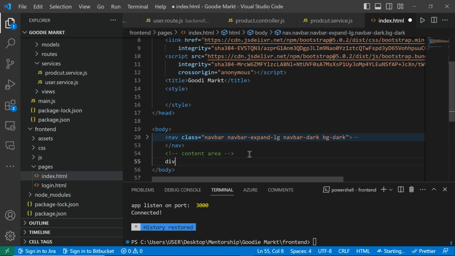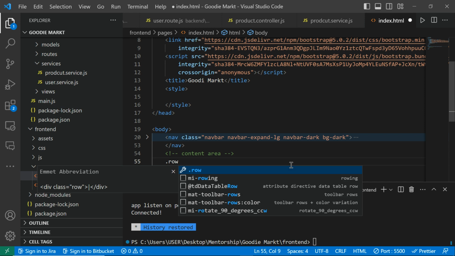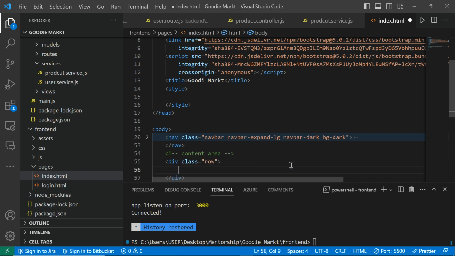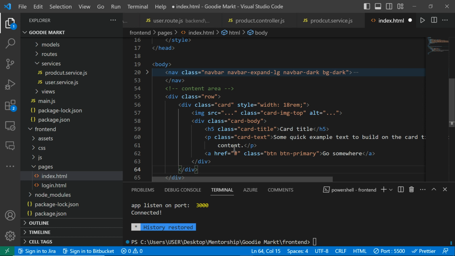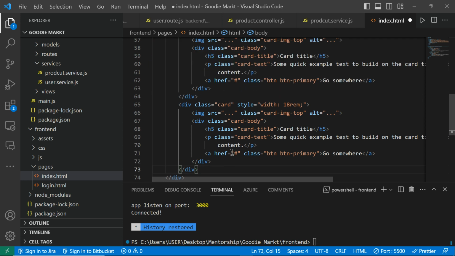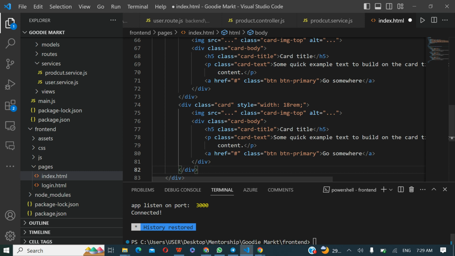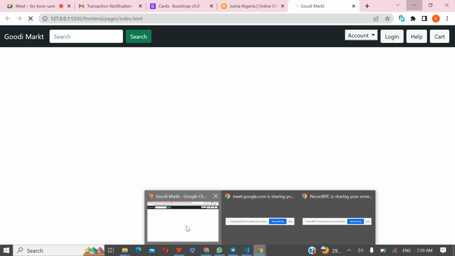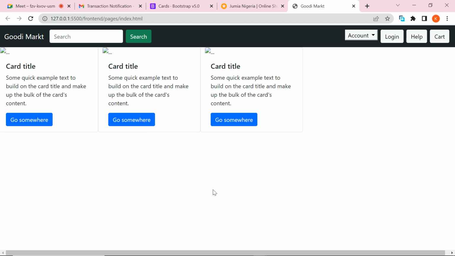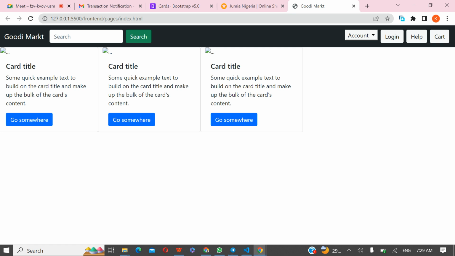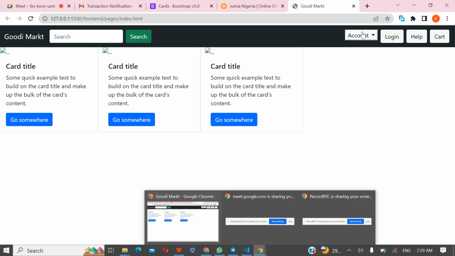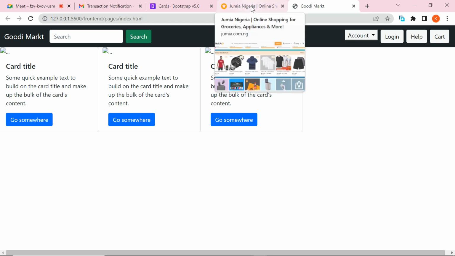Now I'm going to create a div with the class row. Row is the bootstrap class also. With the class row. And I paste this card here and then paste it again and paste again. I pasted 3, so let's visualize how it looks currently. All right, so we have 3 cards displaying for us,